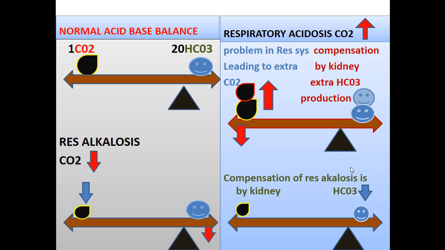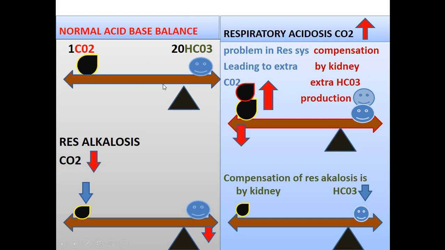Or sometimes, unfortunately, if you accidentally take more base, for example, where the base is coming in a different form, the drugs which are antacids, which are used to reduce the acidity of the body, and if unfortunately we take them more than the normal doses, it may lead to alkalosis. So again, coming back, normally we have acid-base balance.